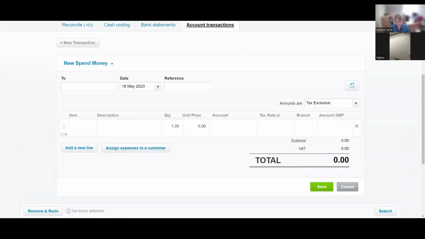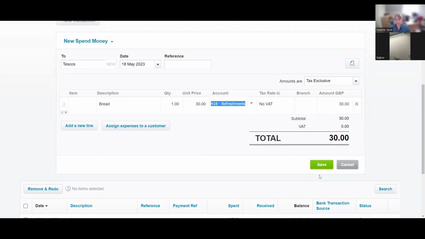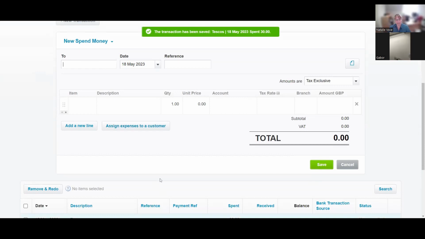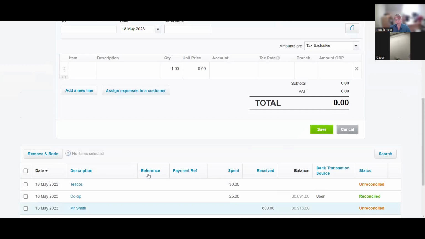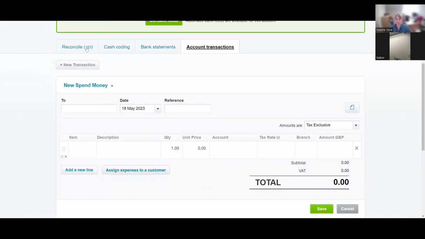and I'm going to put in, for instance, today's date. Now, very quickly, a nice little tip: if you need to add things very quickly without a calculator, I go 15 plus 15. I know it's very expensive bread. It's for a meeting. And hit refreshments, and then save. Right, so it's there now. But this way doesn't automatically put it into your reconcile screen. You need to manually